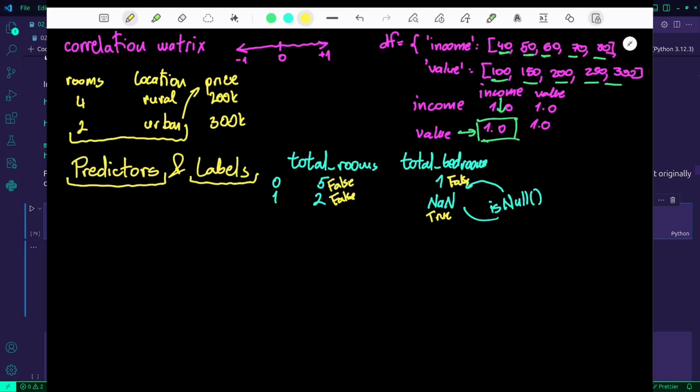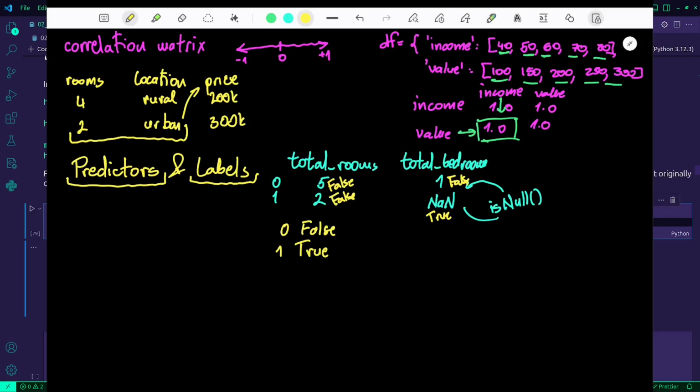This just collapses each row into a single boolean. Basically, this will return true if any of the columns in that row have a missing value. So in this case, row 0 will be false because both are false. Row 1 will be true because it has a missing value.